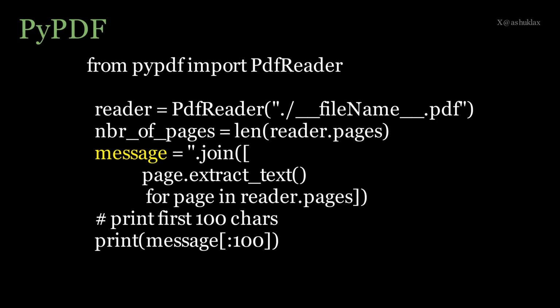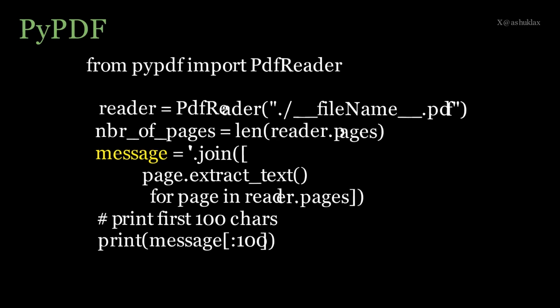So this line finally is extracting the text from each page of the PDF. It uses a list comprehension to iterate over the pages in the reader.pages list, and page.extract_text extracts the text from each page. Finally, it uses the join method with an empty string, so it concatenates all the extracted text into a single string. When you print it, you don't want to print the entire file, so what I'm doing here is print message[:100]. This line is going to print the first 100 characters of the concatenated text stored